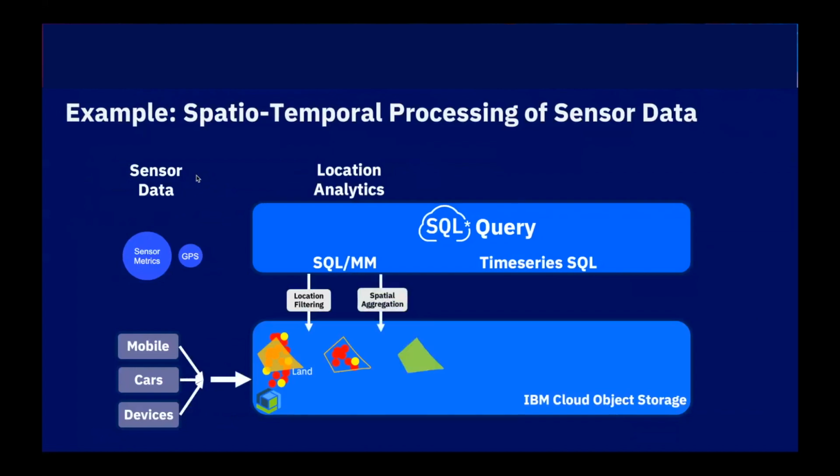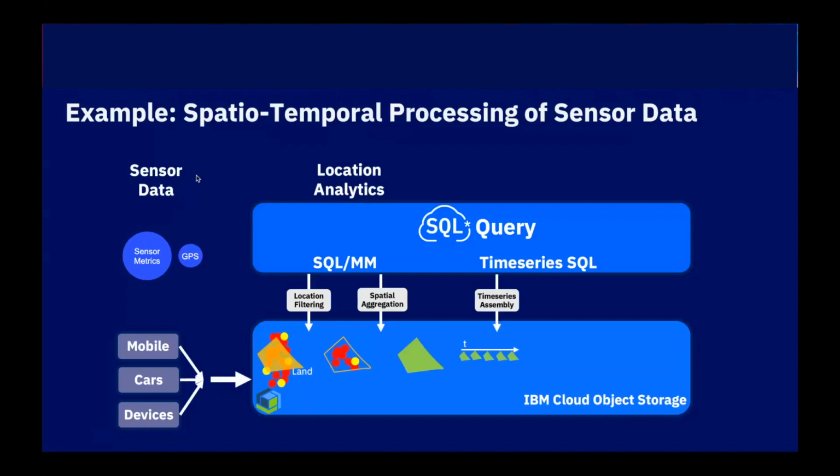Then we may want to aggregate information from multiple devices in this area, from multiple measurements in this area. Now we're combining with time series, which means we do this across time. We don't aggregate everything that happened in the whole time frame, but now we do this device by device,